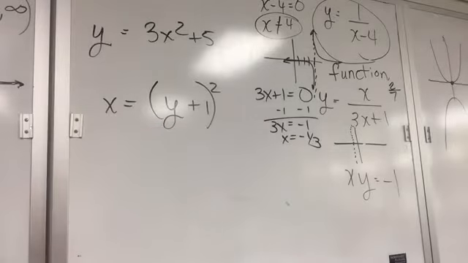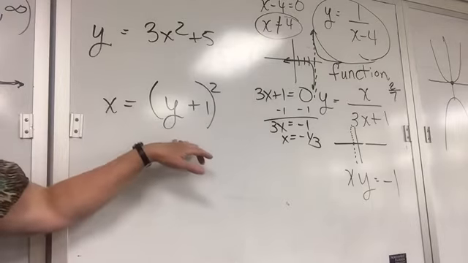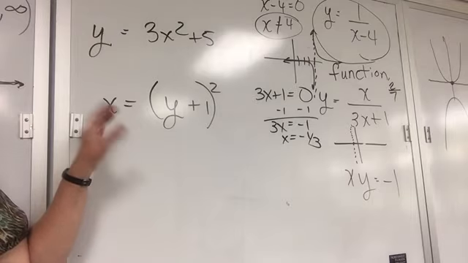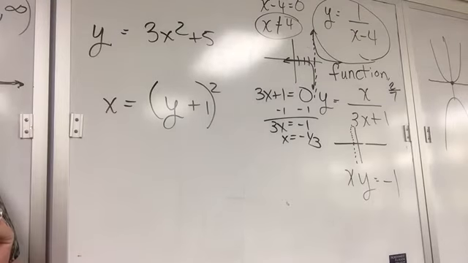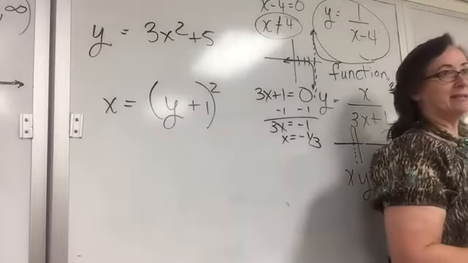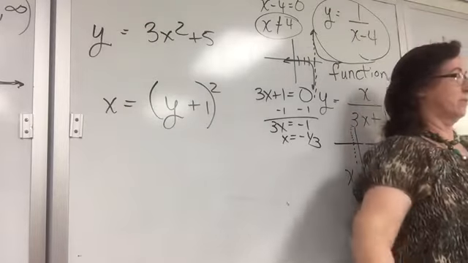What's this doing? Ellipse, right? It's not an ellipse. It's a parabola facing left or right. How do I know it's a parabola? Because the y is squared, but x is not. If your y is squared but your x is not, it's a parabola facing left or right. If your x is squared but your y is not, it's upward or downward.